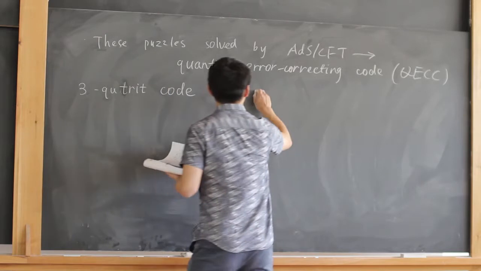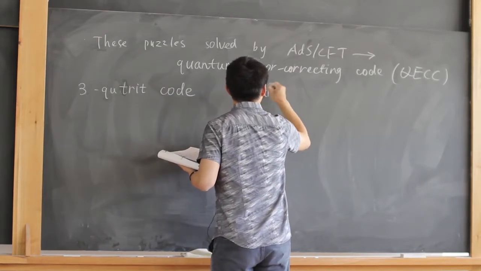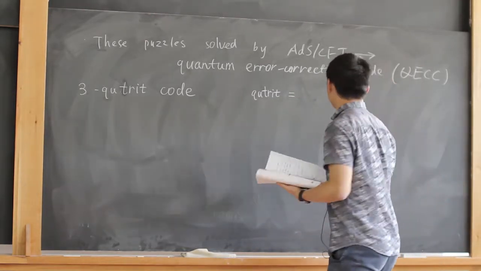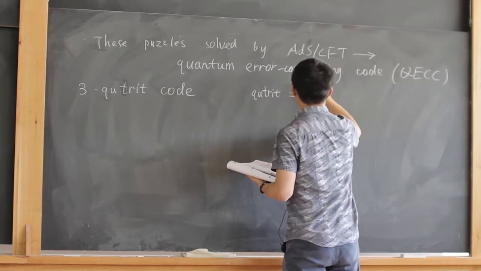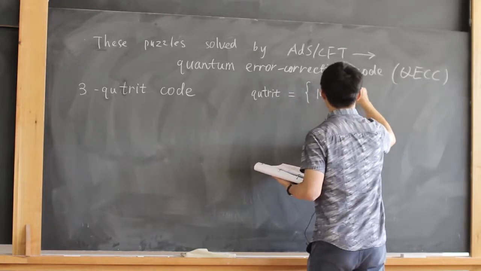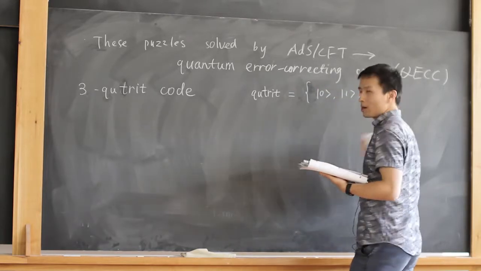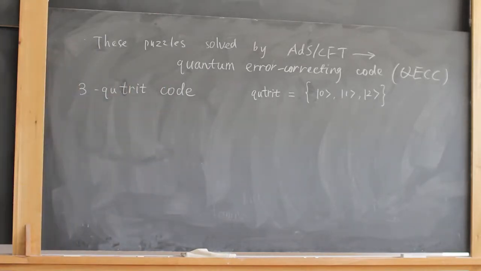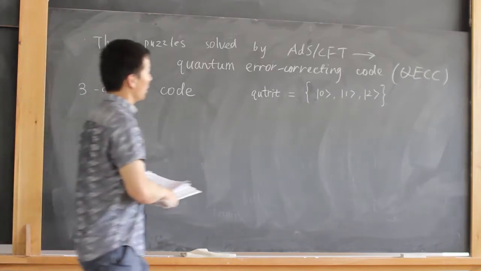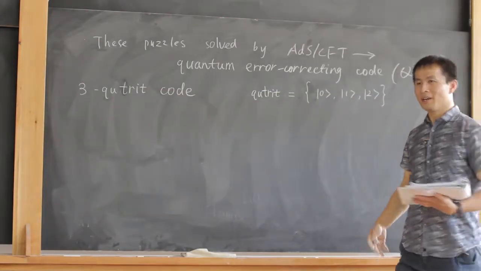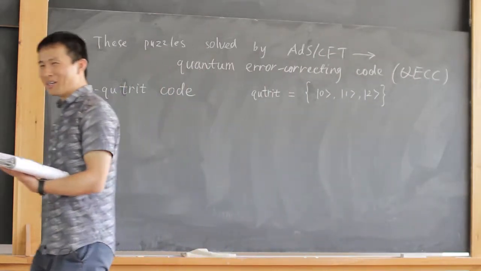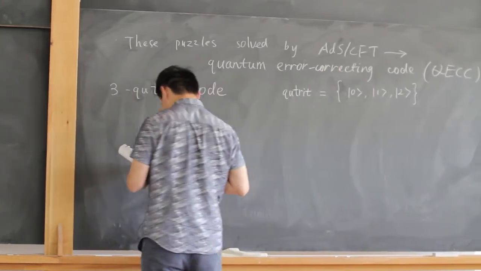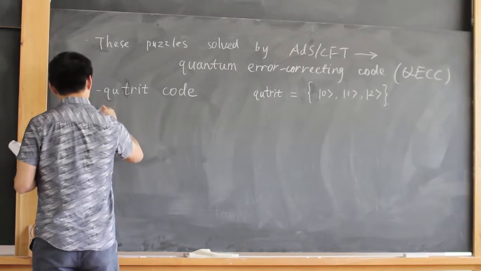So a qutrit is simply a 3-dimensional analog of a qubit. So it's a 3-dimensional Hilbert space characterized by 3 states. We can call them 0, 1, 2. You can think about a spin 1 photon and its spin, actually photon is not a good idea. Let's think about a spin 1 massive particle. And that's a qutrit. So we can engineer these kinds of things in the lab. And say we want to